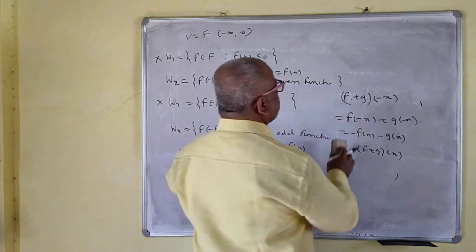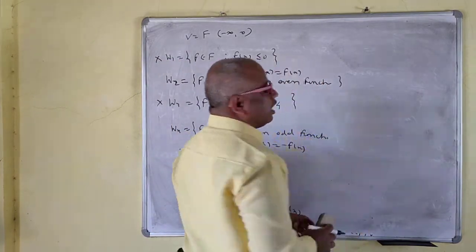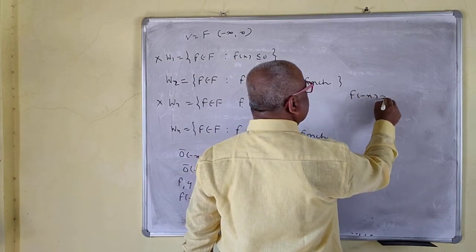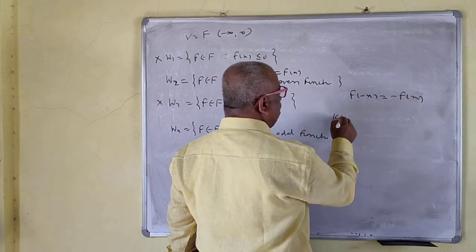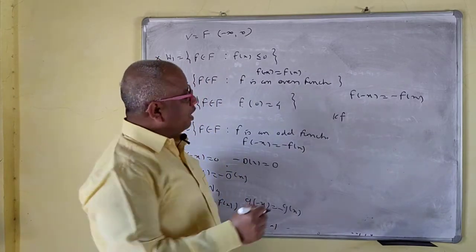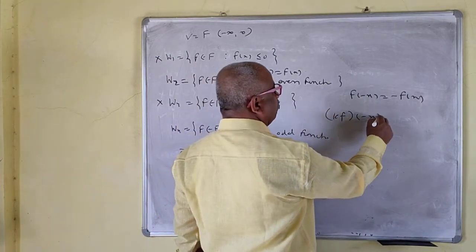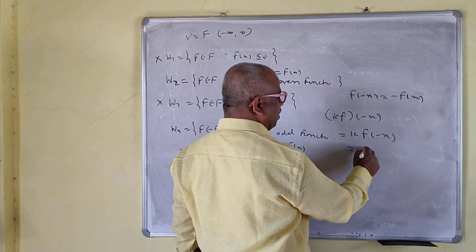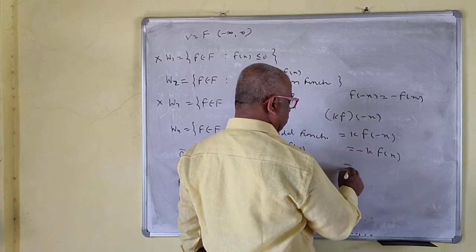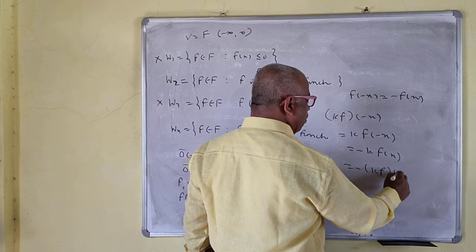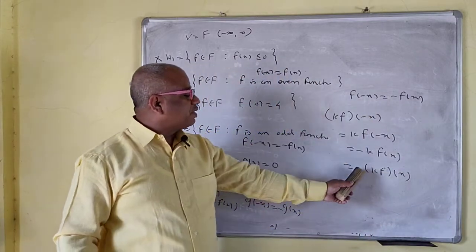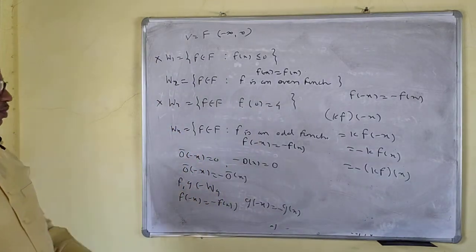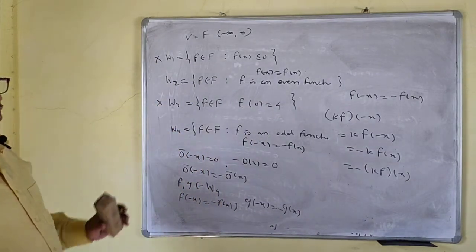Okay, k is any scalar and f belongs to W4. That means f of minus x is the same as minus f of x. So you have to check for kf. Apply on minus x now. So this is k f of minus x. Okay, but f of minus x is minus f of x. So minus k f of x. Now this minus is shifted out front. So therefore kf belongs to W4. So therefore it is a subspace. So the even function and odd function sets are subspaces.